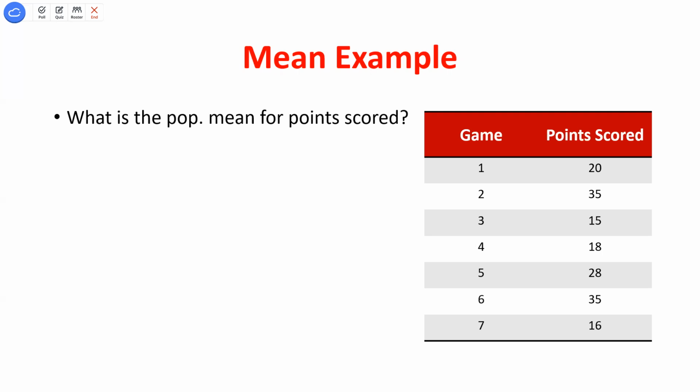If you're talking to the general public, you probably don't want to use the word mean. They might not know what that means. You probably want to use the word average, that's more of a common term. So if I want to find the mean or the average, all I'm doing is adding up all these values and then dividing by how many observations I have here. 7. Hopefully this is relatively quick and easy for us to do.